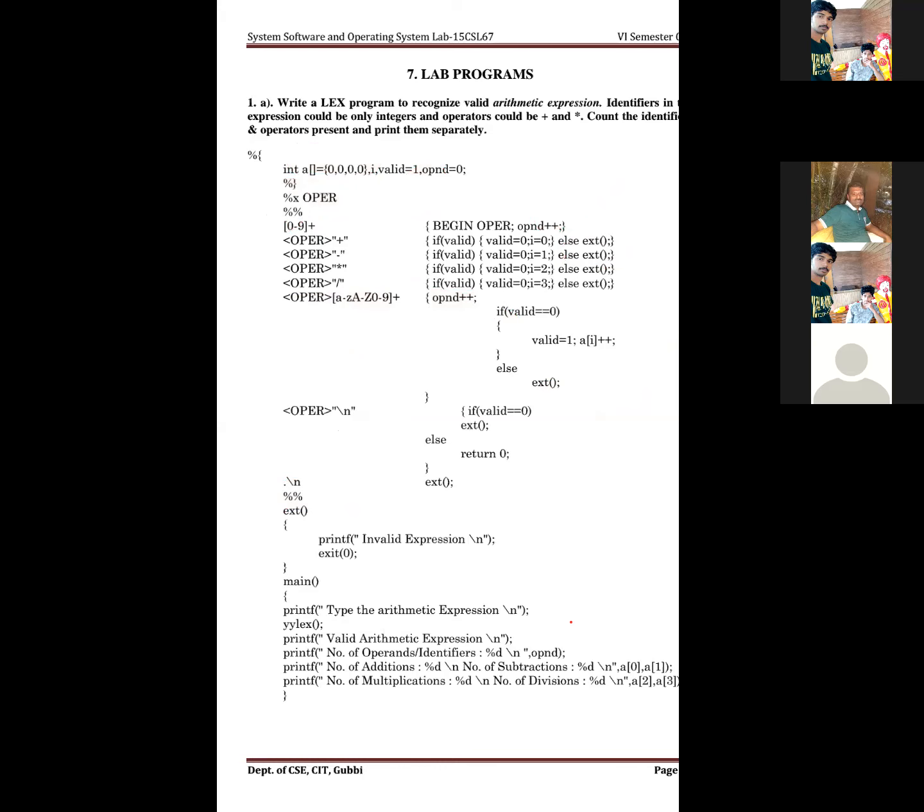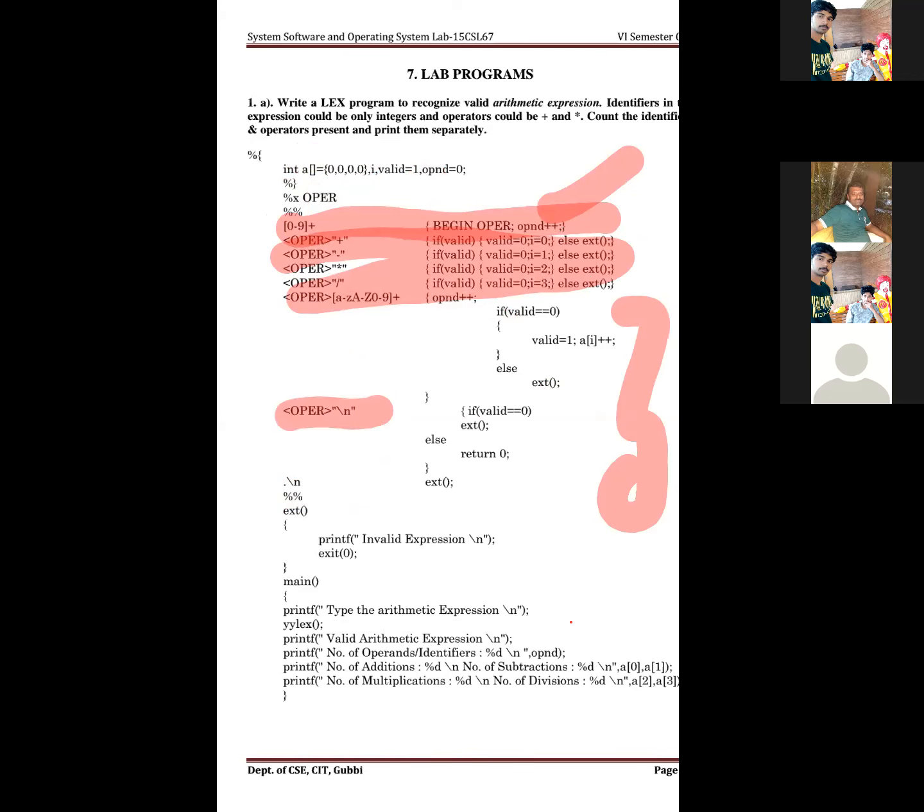These are the things. You just have to maintain what the operators are: plus, minus, star. And then here 0 to 9 plus for your beginning, starting from operators. Remaining are all the same. Operator slash n ends with a slash n. If any new line is present and it also consists of any symbols, check it and then exit the program. This is compulsory for operand. So if any operand is found, increment that one.